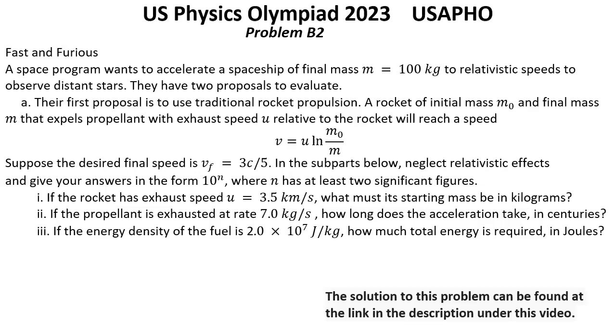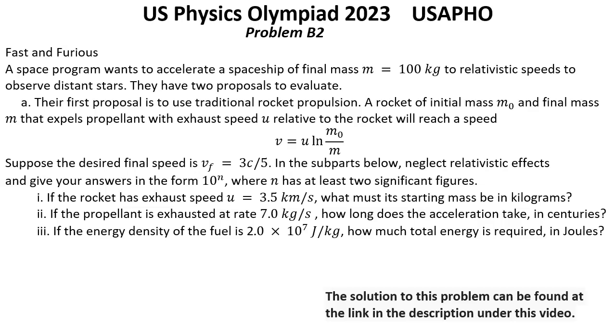US Physics Olympiad, year 2023, USAPHO, final round. Problem B2. Fast and Furious. A space program wants to accelerate a spaceship to final mass m equal 100 kilograms to relativistic